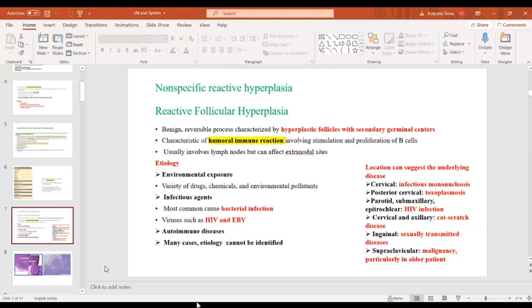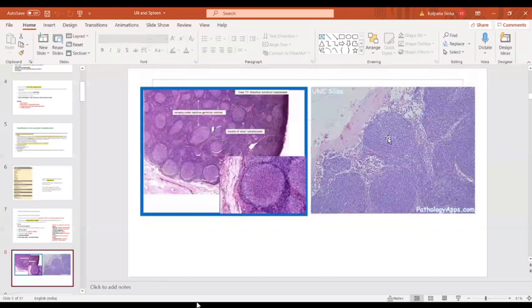So you can see this is a primary follicle of the cortex. This is primary because it has not been stimulated by any antigen, so there is no germinal center. But see, this is stimulated. You have to know the cause on the basis of clinical presentation. So this is the pale area, the germinal center, because it has been hyperstimulated. So this lymph node is known as reactive follicular hyperplasia because of the presence of numerous germinal centers in the follicles. On H&E, the lymph node will look like this, and the normal unstimulated lymph node looks like this.